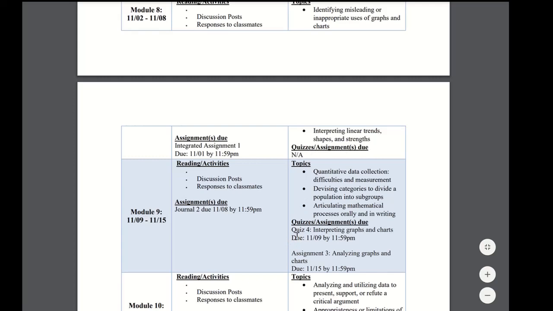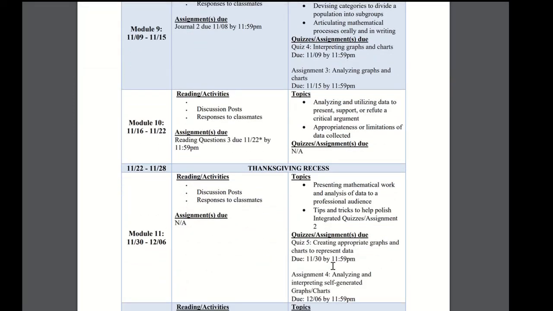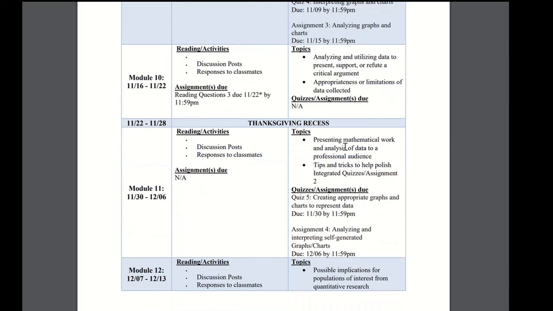You get to module 9, you have quiz 4, which is on the 9th of November, and then at the end of the week, on the 15th, you have your assignment, going more and more. Again, then you have Thanksgiving recess, quiz 5 on module 11 on the 30th of November, and assignment 4, which is the last assignment